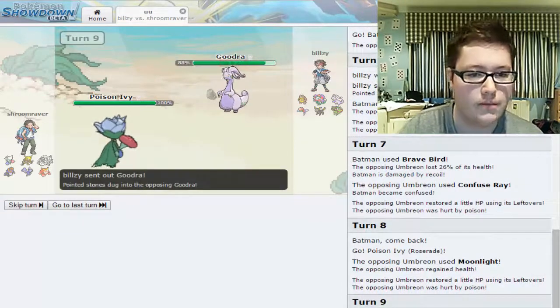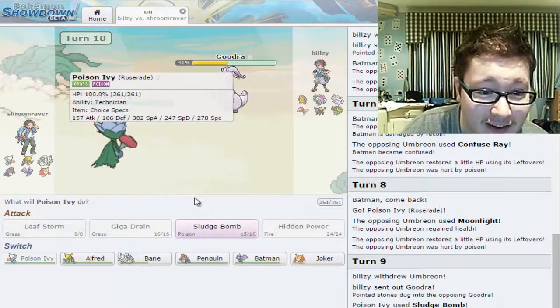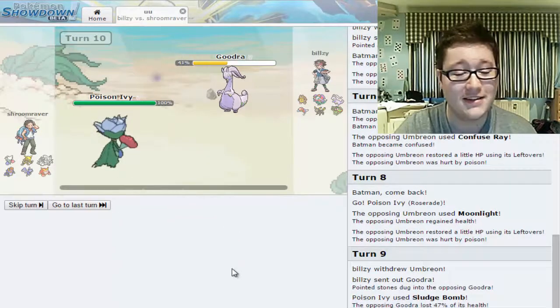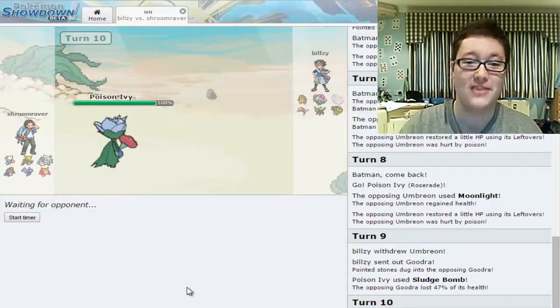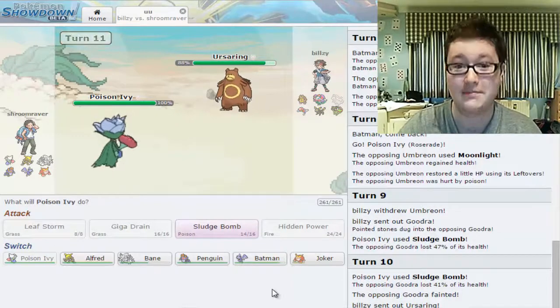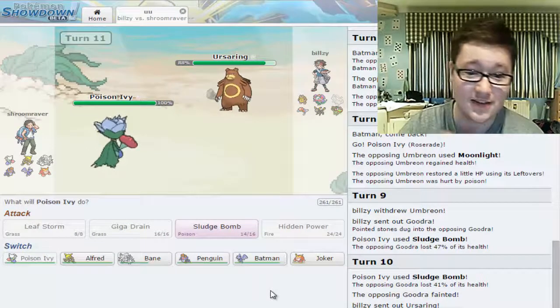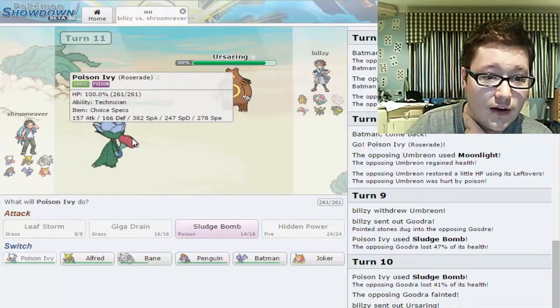He does go into the Goodra. That pretty much confirms to me that he is Sapsipper. That does huge damage. He won't be fully invested. This has got to be a 2-hit KO. Yes! Roserade, this is why Specs Roserade is such a monster. It just took out a Goodra, 2-hit KO'd on the special side. Jesus. That was mental. Okay, this guy,